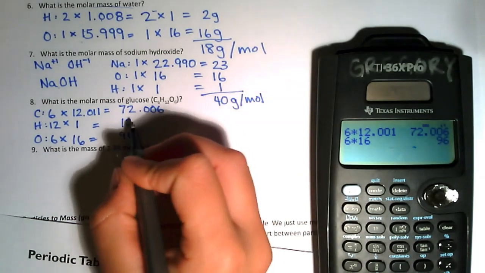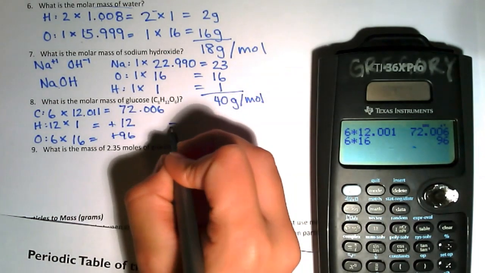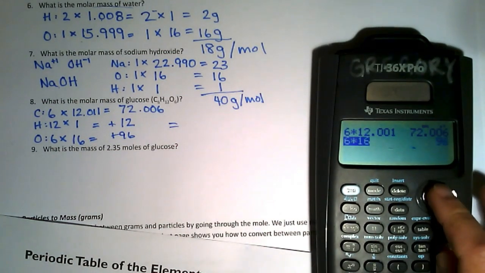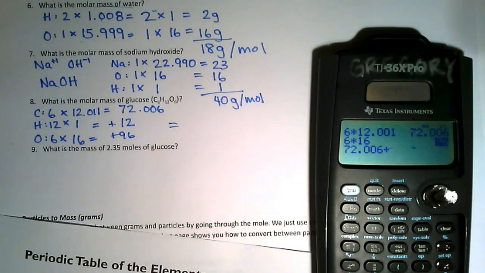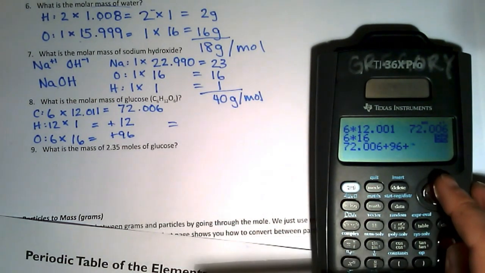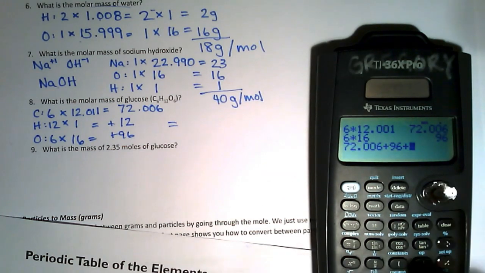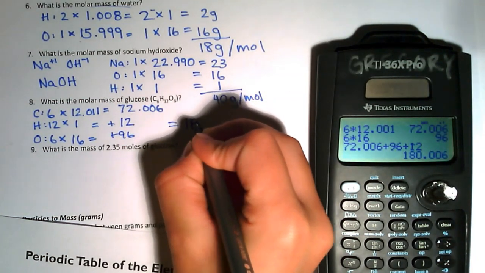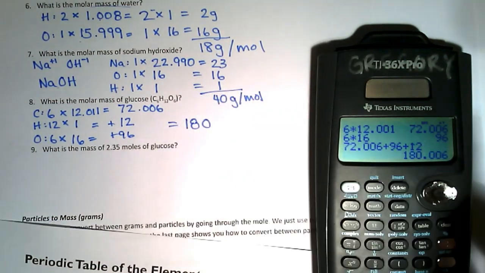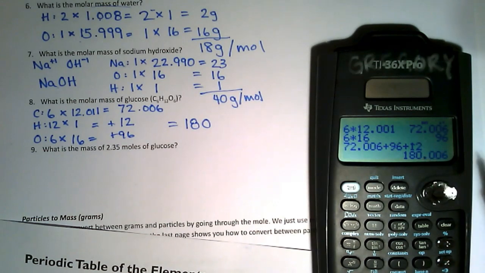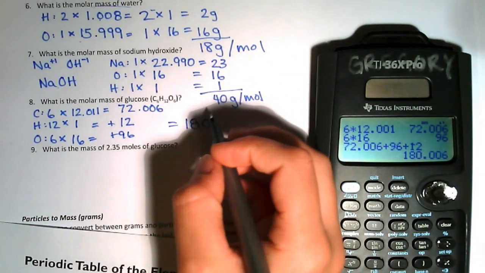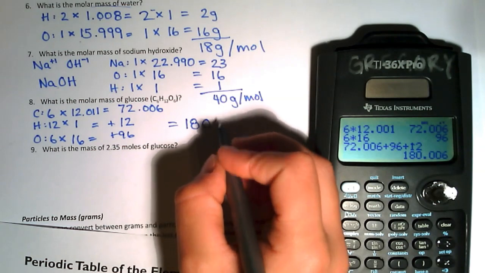So then we can add all these up together, plus 96, plus 12 gives us 180.006. And at this point I have a 0.00 something, so I'm going to round to just 180 grams per